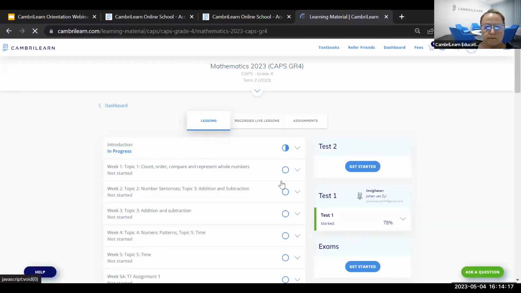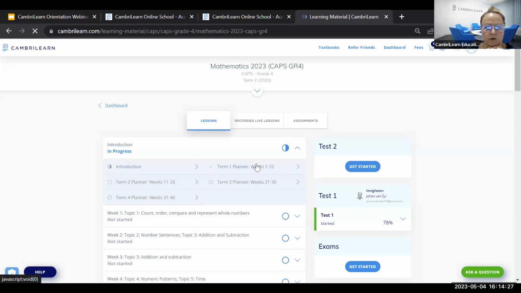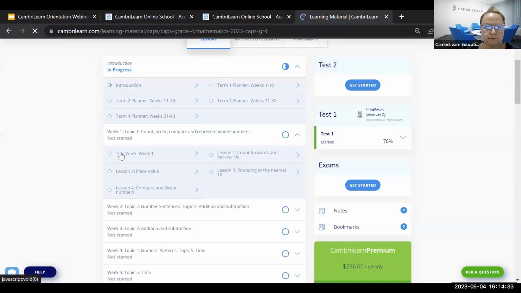For a quick overview of what is covered within the tab, you can just click the drop-down arrow, and it will give you a quick synopsis of what is covered in that week. For example, week 1, you'll have lesson 1, 2, 3, and 4. And clicking into week 1,